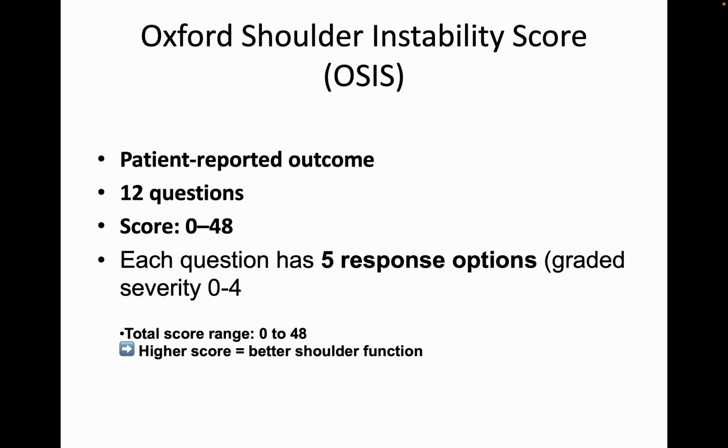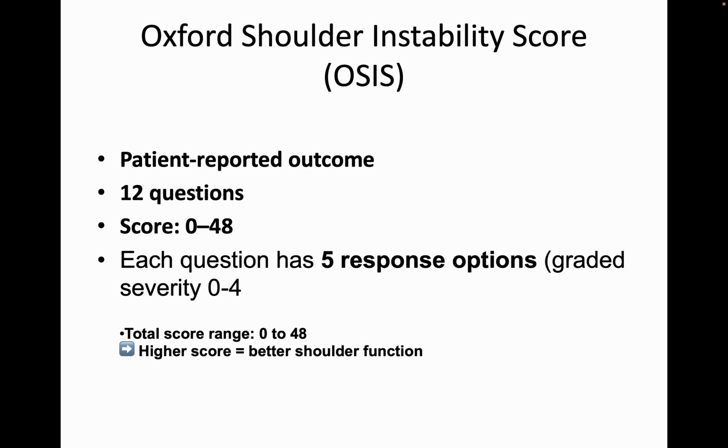The third score is the Oxford Shoulder Instability Score, or OSIS. It is again a patient reported outcome measure in which we record the outcome in terms of symptoms as well as shoulder disability caused by shoulder instability. It represents the patient's perspective more than the clinical assessment. So it is the patient's self-evaluation form that can be filled in and does not require detailed instruction from the clinician. We can email the patient or send the printout and they can fill it on their own